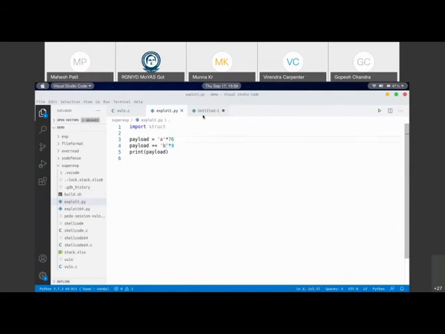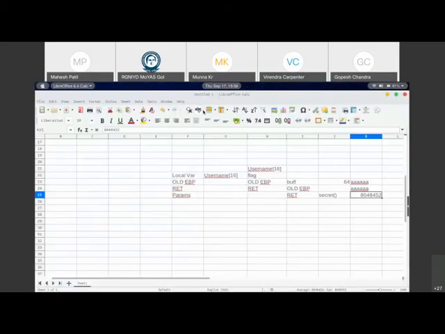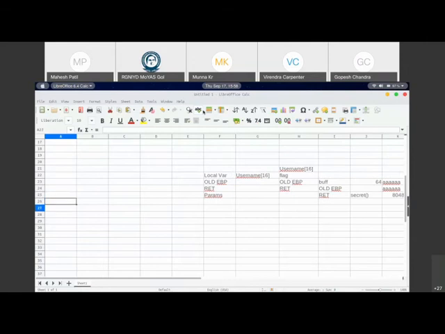Now we have to put the shell code inside the program actually. For that, let us understand a few concepts. So now we understand that we have the buffer, and then the old EBP value, and then the return address, and then the parameters. So this is what is going to be for every function.